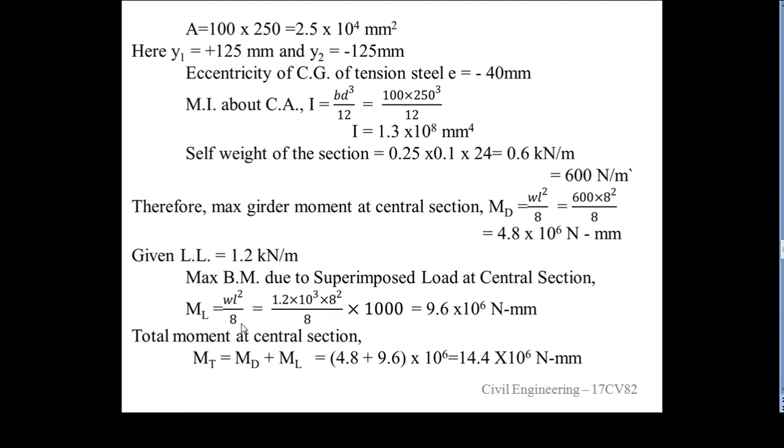Here we take a UDL, that is 1.2, because it is given as 1.2 kilonewton per meter. So 1.2 into 10 raised to 3 into 8 square, that is the length of the beam, by 8 into 1000